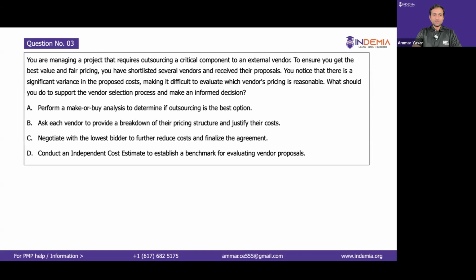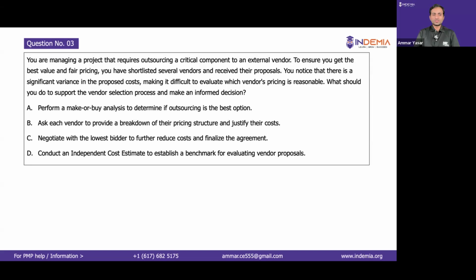So this is a best practice. What we do is we develop an independent cost estimate that is internal to us, that is our own independent research. So for example, we go to the market and say, the independent cost estimate says the product that you're looking for should not cost more than $100 per unit, right? And now you can compare vendors' pricing, vendor quotes with this price. So you can easily eliminate overestimation and underestimation.